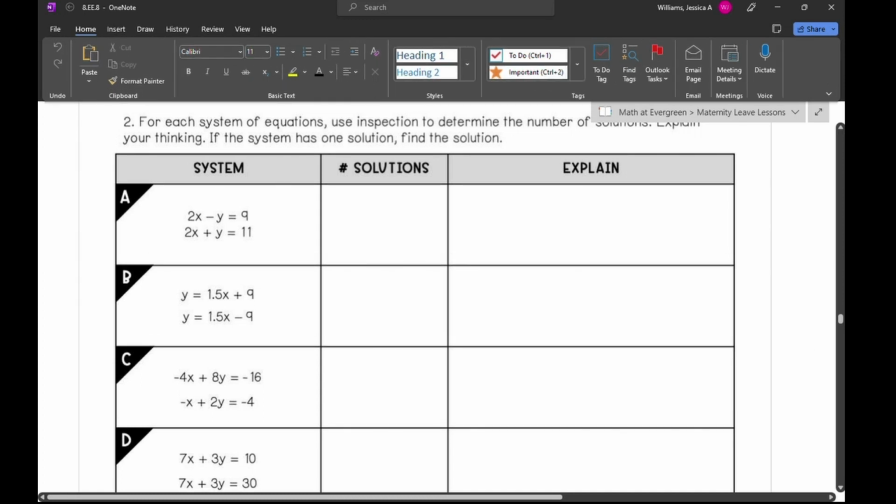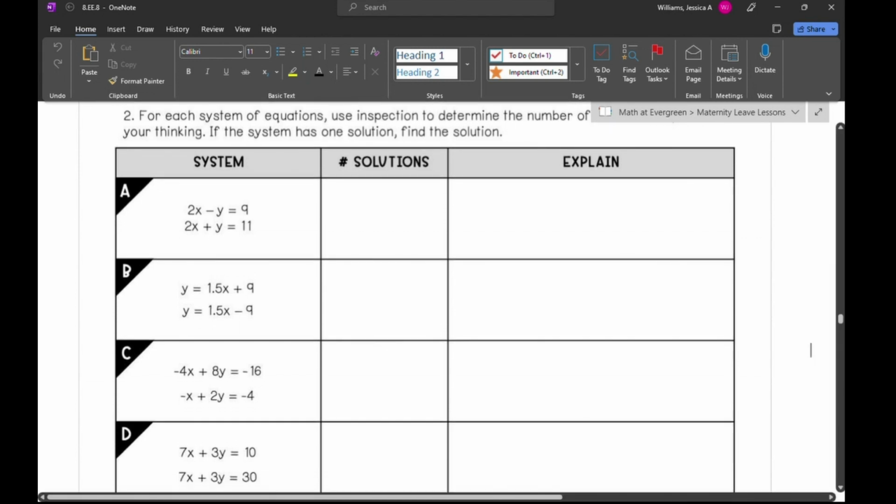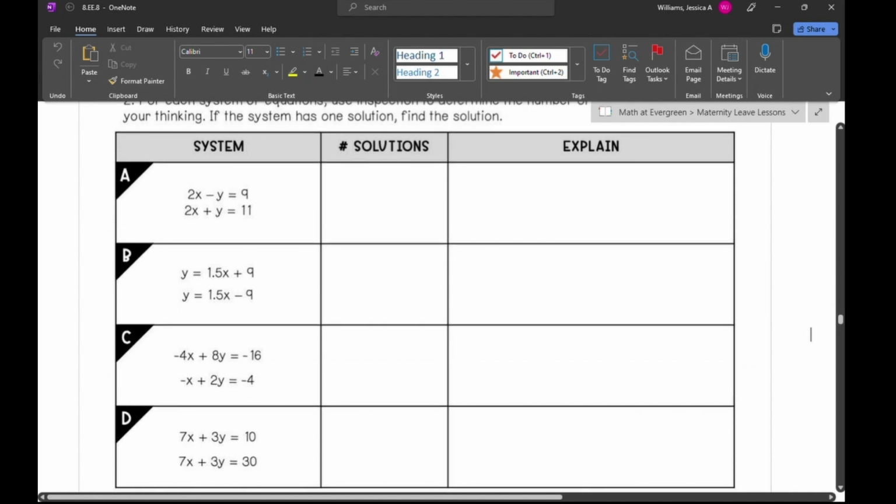Alright, so as you saw in that first video, we can see equations and look at the slopes and the y-intercepts and determine if there's one, none, or infinitely many solutions. And so we are going to figure out how many solutions there will be with inspection. So we're not actually going to graph anything here. We're just going to look at our two equations and determine this. So the first one